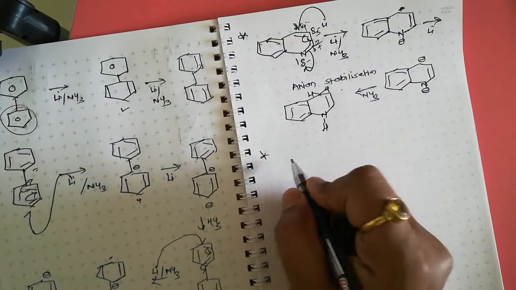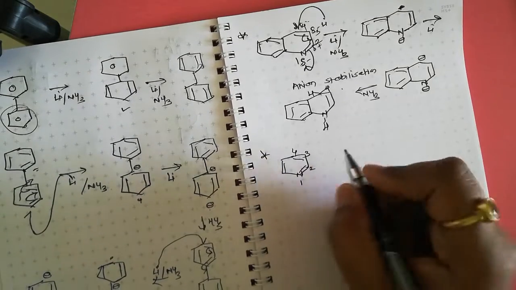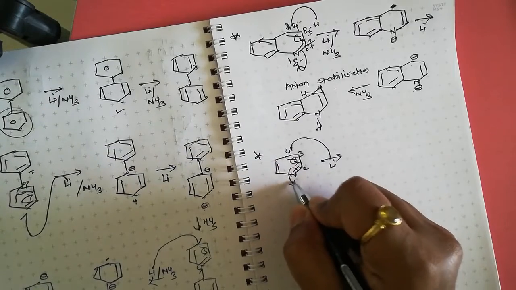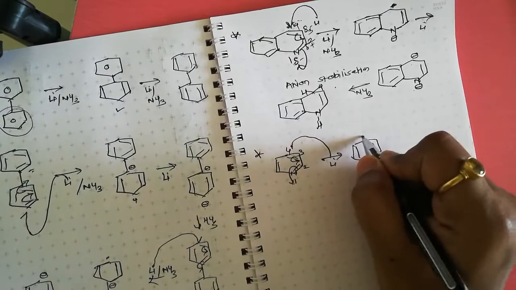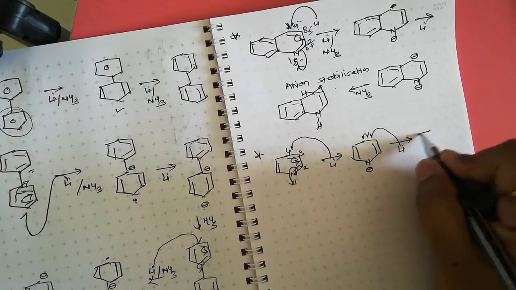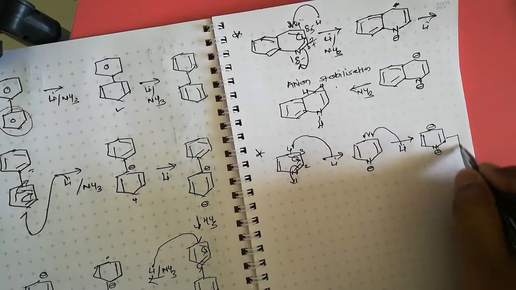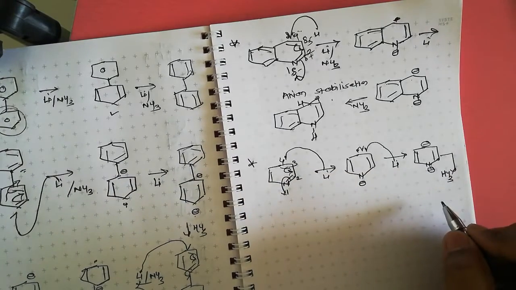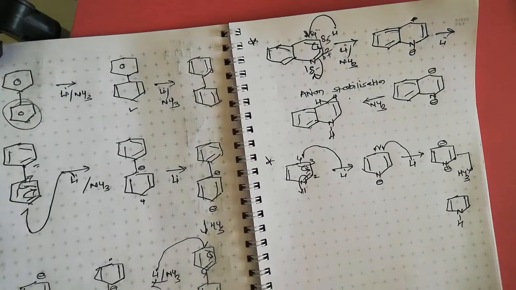If there is a pyridine, then what is the product? Here again there is 1,4 addition of electron. Lithium transfers its electron here, this bond shifts here, and the negative charge on nitrogen is more stable due to the enhanced stabilization effect. Again lithium transfers its electron to this radical and we get a negative charge here and here. Then ammonia transfers its proton to these two negative charges and we get NH, and this product.